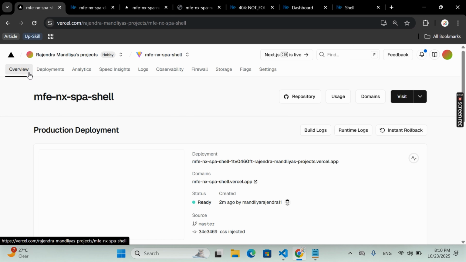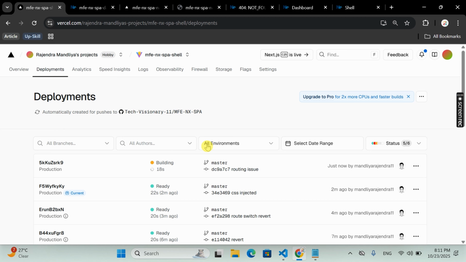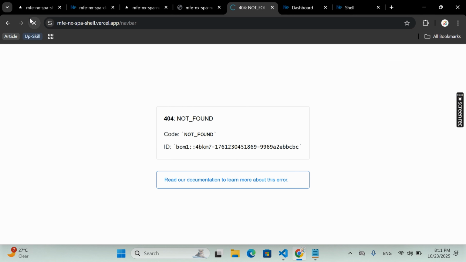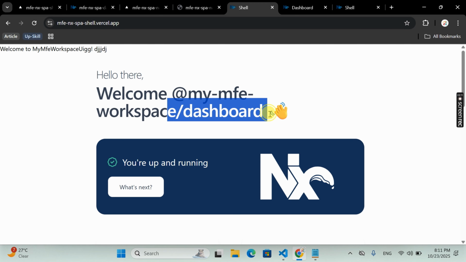It might be running the shell app. Okay, it's already ready. Let me check the deployment. Okay, it's still building. Oh, now it's ready. Let's open the URL and refresh the page. Okay, our neighbor is working fine. Let's go to the dashboard. So you can see the dashboard is also working. So we have resolved the routing